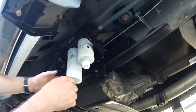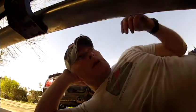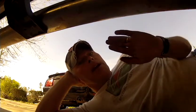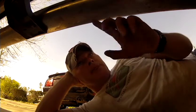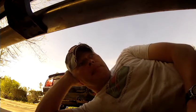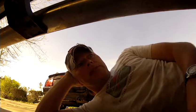So I tightened everything good and hand tight, got up in the cab, and went back through the series of making sure I hit the key and let it run for 30 seconds. Basically, if you're sitting in the driver's seat, turn the key to the on position without trying to start it. You'll hear the motor do its 30-second deal. You'll hear it shut off. I did that 8 times. After the 8th time, I said a good prayer, hit the key, maybe took 2-3 seconds, and it fired up,